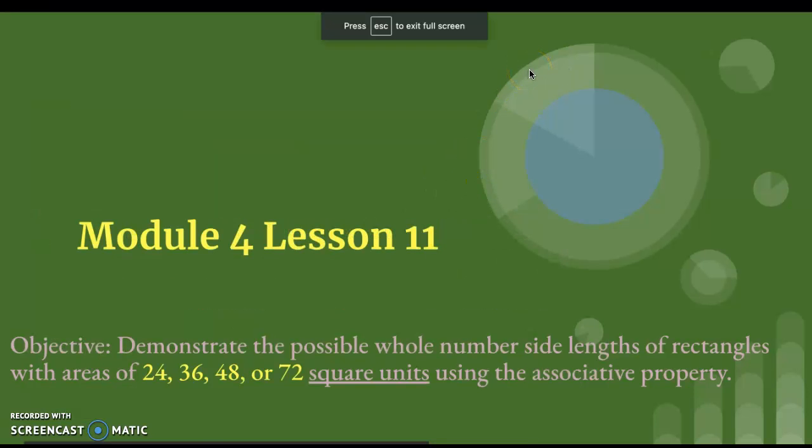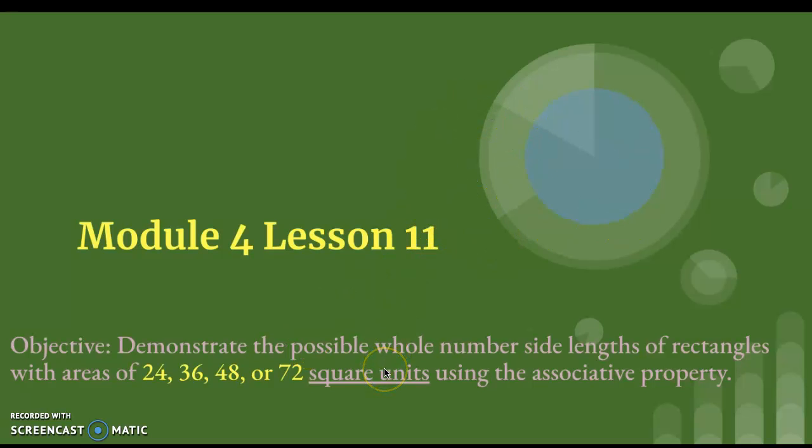Okay, good morning, class. We are in Module 4, and today we're going to be working on Lesson 11. Our objective today: we're going to demonstrate the possible whole number side lengths of rectangles with areas of 24, 36, 48, and 72. Now, I know that seems like a lot of numbers, but today we're going to focus on 24 and 36. I know that having a double digit in the area model is new to you,